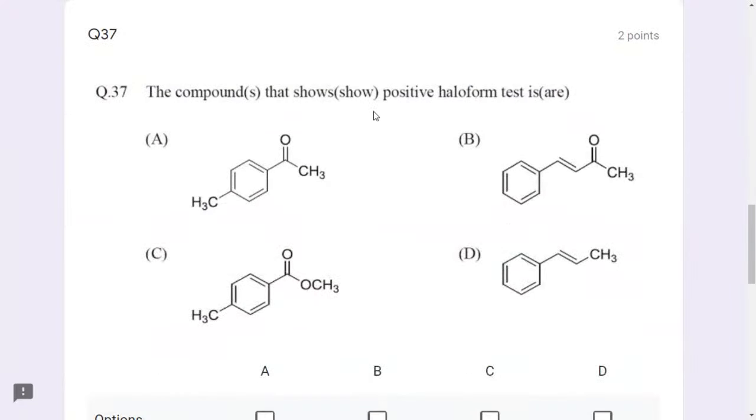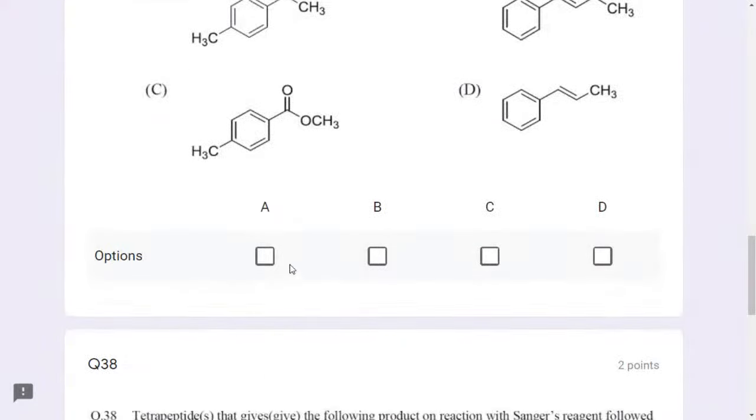The compounds that show positive haloform test are given by methyl ketones. Let us see methyl ketone. This is methyl ketone. Is it methyl ketone? No, this is ester. So A and B are correct options, students. Next,